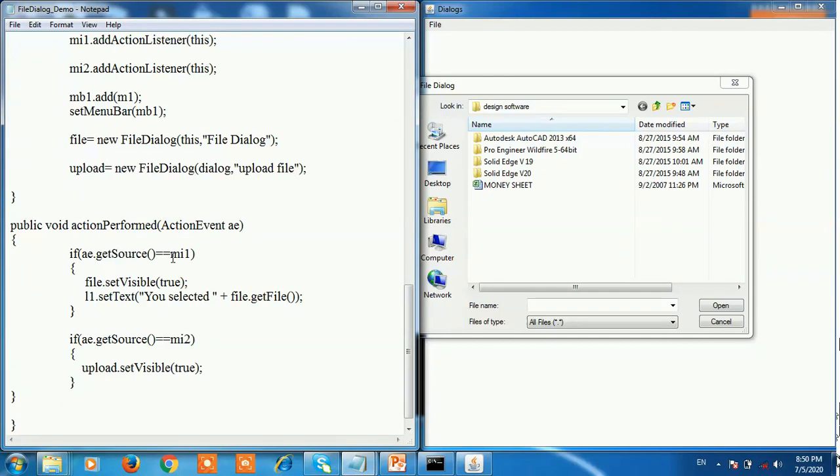In that, see here, getSource is equal to MI1. MI1 is nothing but menu item 1, Open File. That condition is executed because this condition is true.